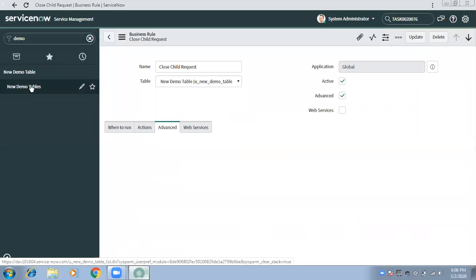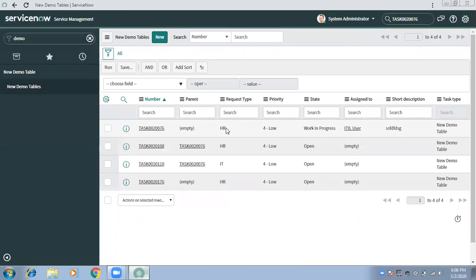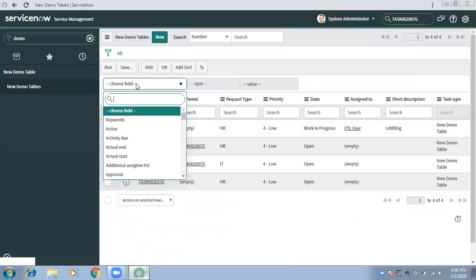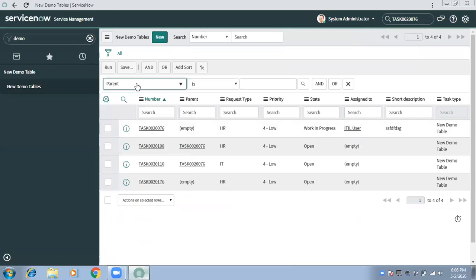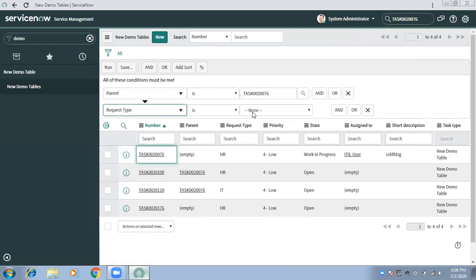Okay. So if I go here on my list view and apply the filter, what is the request type of the parent? HR, right? So what I am trying to say in the code is parent is equal to this, and request type is HR.